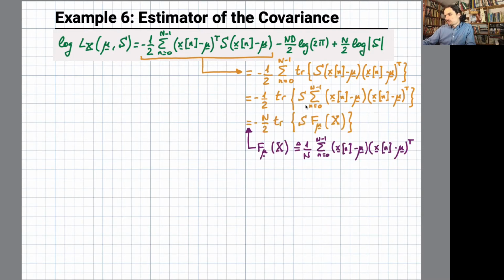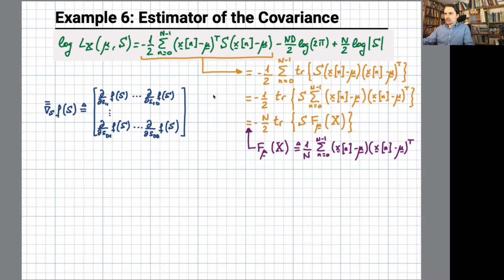And just by defining F mu to be this sum divided by n, we can write this expression in this way. Okay, so the reason for defining it with this factor of 1 over n is to simplify notation later. So therefore, this term equals this,